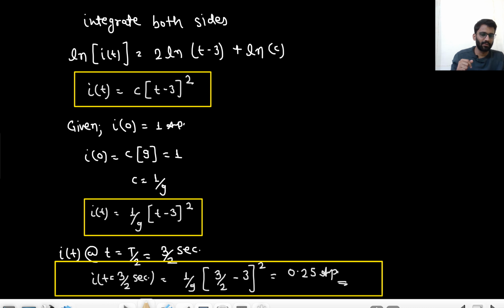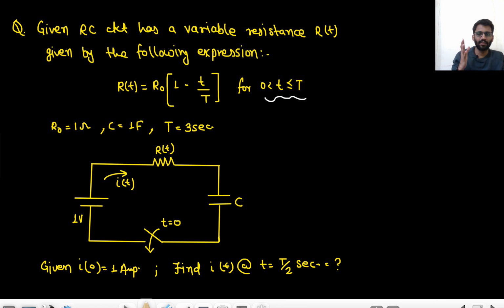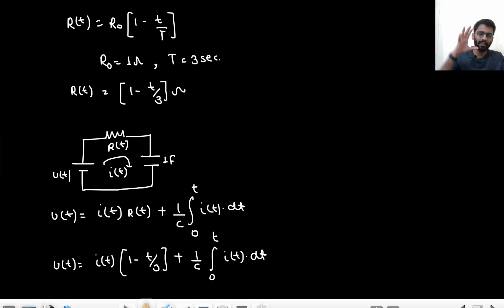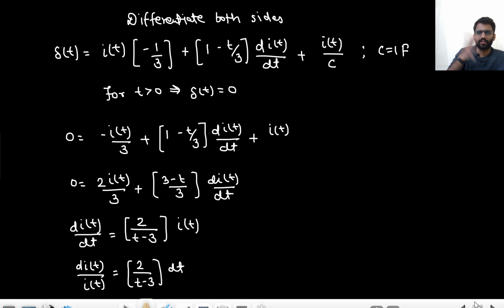So these kind of questions they can also ask. It was a good mathematics that is used, and these kind of questions you should solve with complete patience. So here you need to apply a great amount of patience. If you do a single mistake, your complete derivation will be wrong. This is the only method I guess that is good enough to solve this problem. And this was also a good point that we can take delta t equals 0. Why so? Because we are talking for t greater than 0, and for t greater than 0 delta t is 0 only. Okay. Let's move on to the next question.